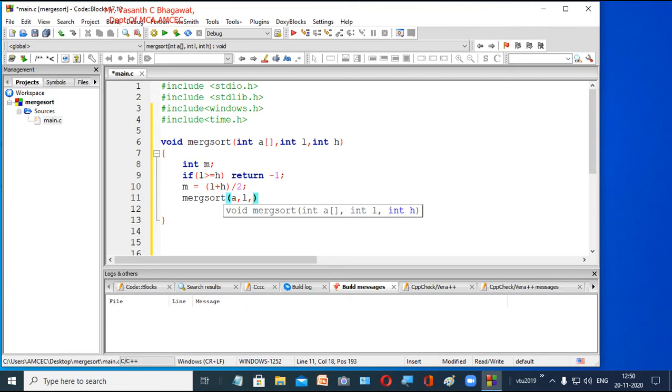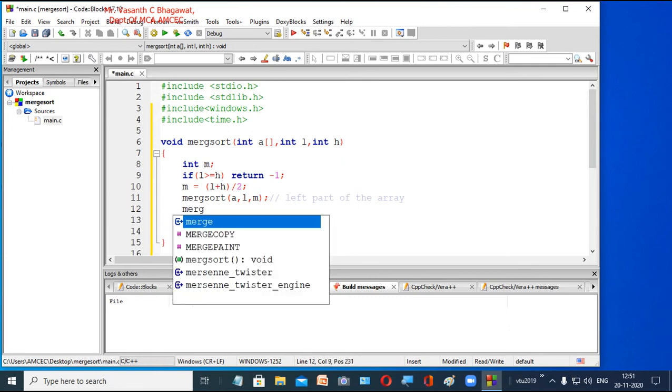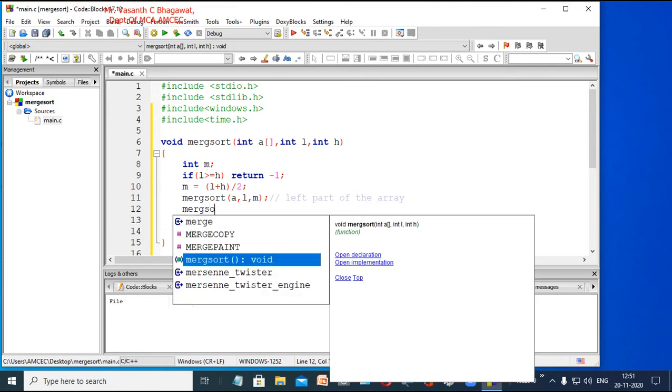So the first one will be L and your high will be M, that is your mid. So now you are calling the left part of the array, right?